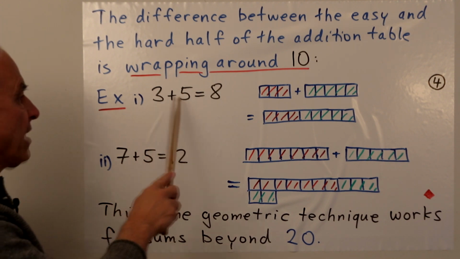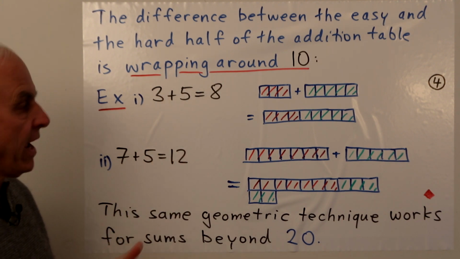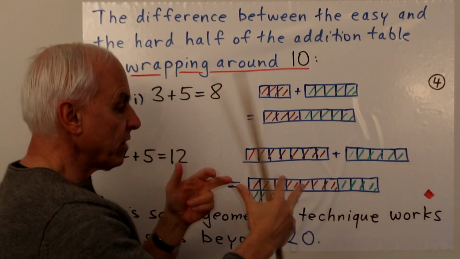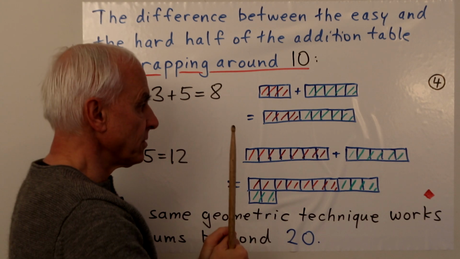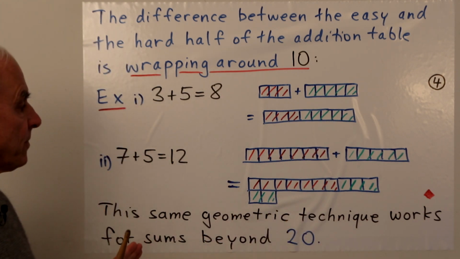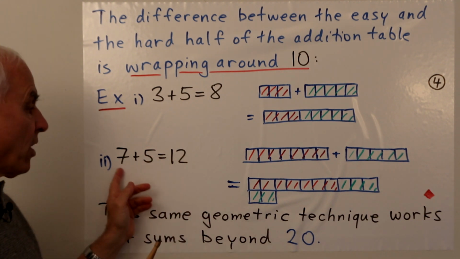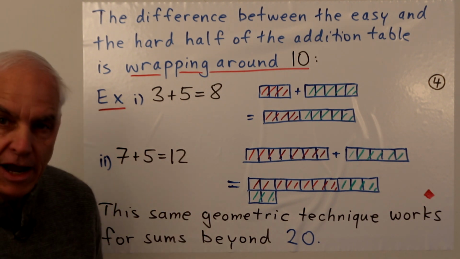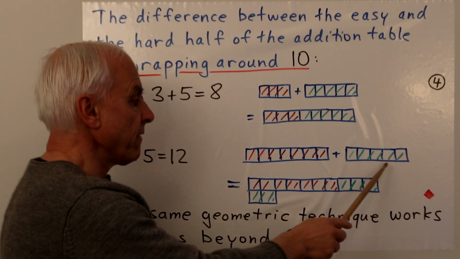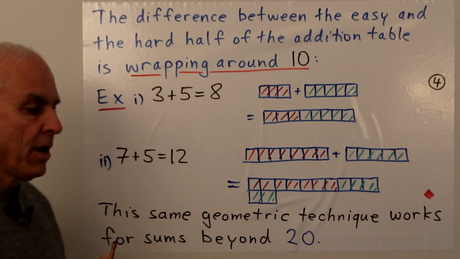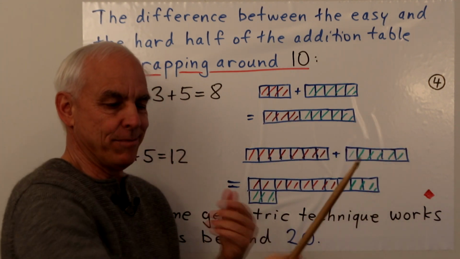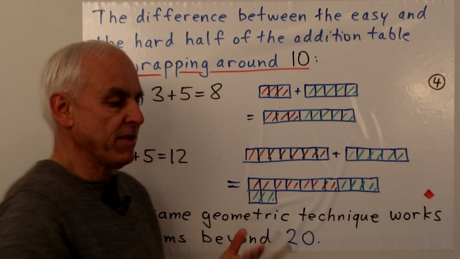So here are two examples. If we add 3 plus 5, we get 8. And geometrically, there's 3, there's 5. We put them together physically in terms of these row rectangles, and we get 8. No modification is needed. However, when we do a harder example, like 7 plus 5, that's going beyond 10. Here's 7, here's 5. When we put them together, we don't want to just get a big, long rectangle because it's hard to appreciate how big that rectangle is.